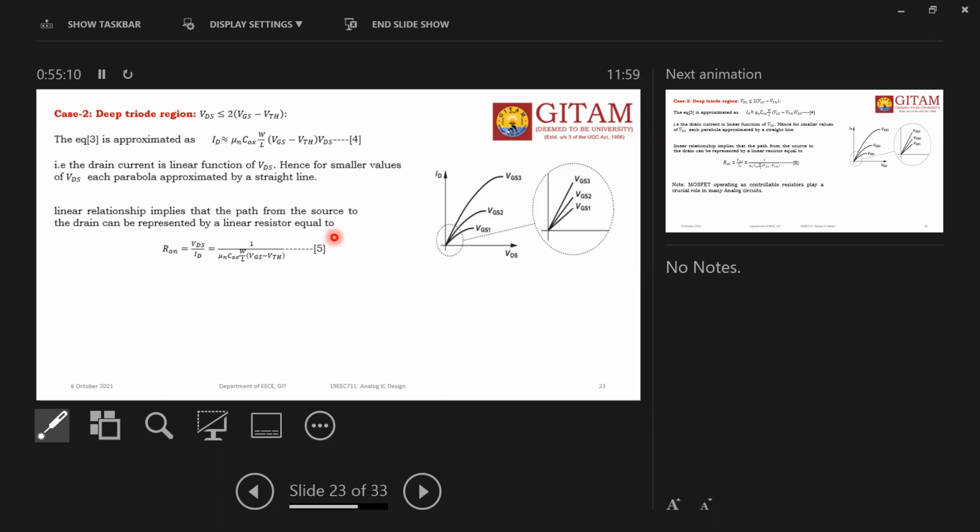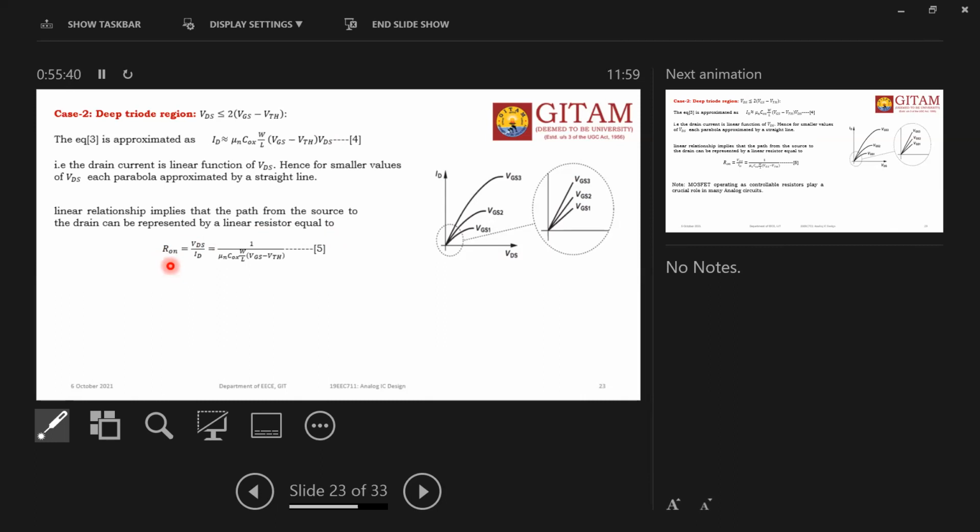with the VDS. What is the VDS value at source? 0. At the drain, maximum. So 0 voltage means resistance is high. Maximum voltage means resistance is low. Am I correct? So now R, that means the resistance of that resistor. Source to drain can be replaced with a variable resistor.